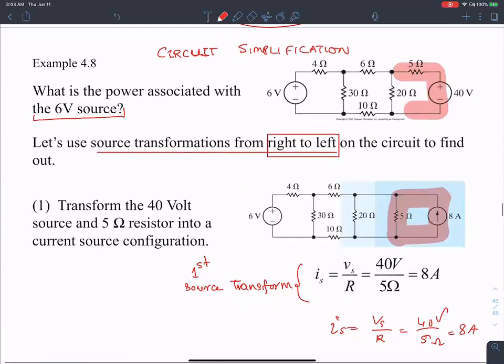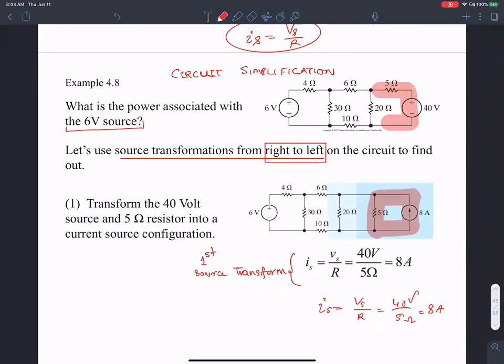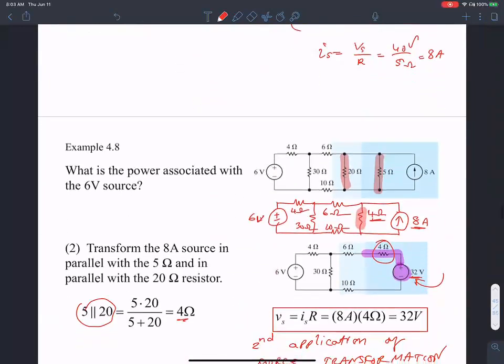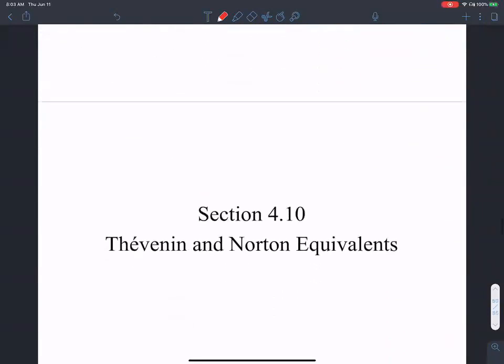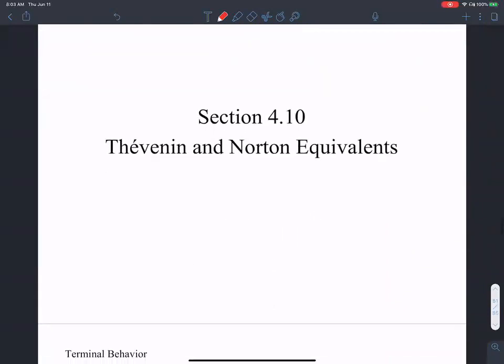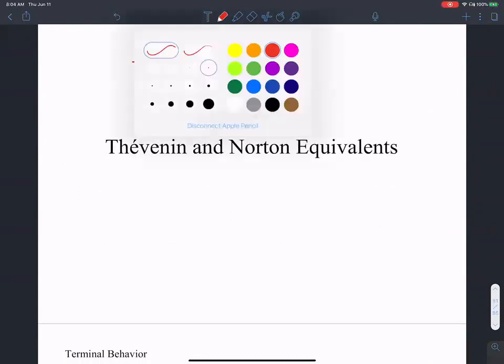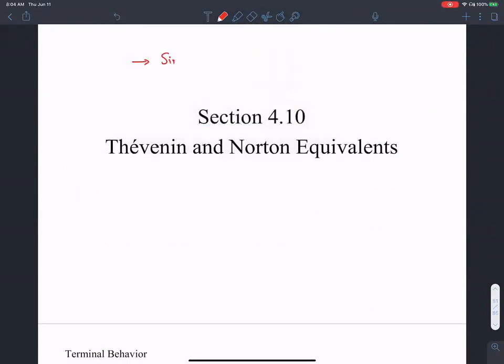Then we did a couple of problems involving source transformations. Then we went into the very interesting idea of Thevenin and Norton equivalent circuits. The Thevenin and Norton equivalent circuit is all about circuit abstraction or circuit simplification. More than simplification, it's about abstraction, meaning that if I have a complex circuit,